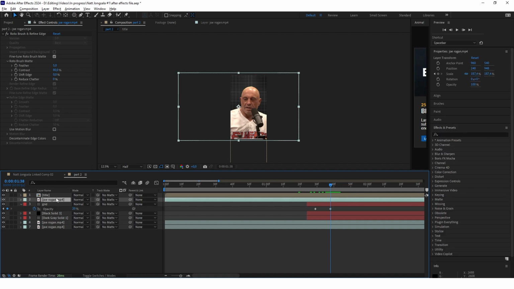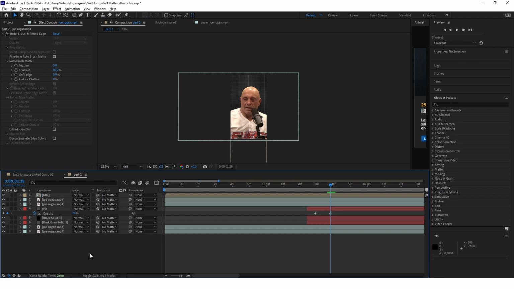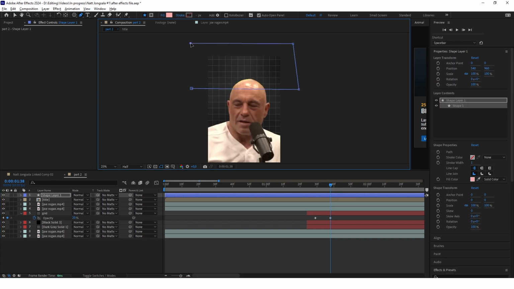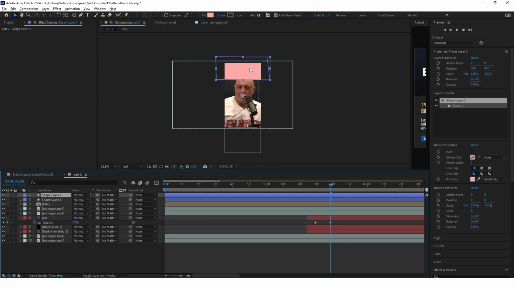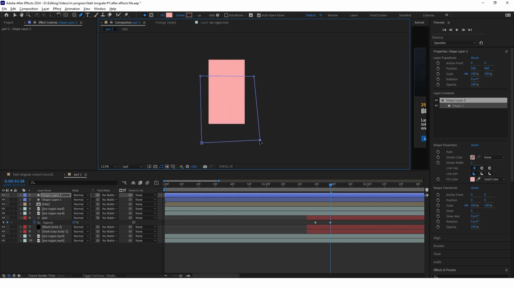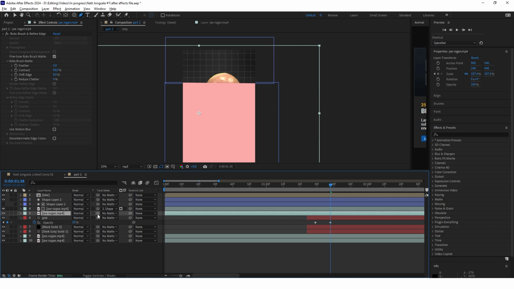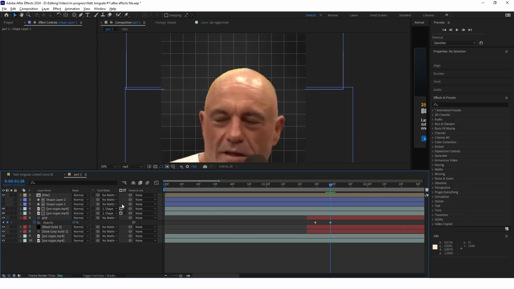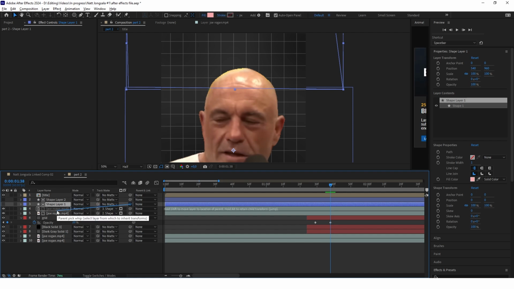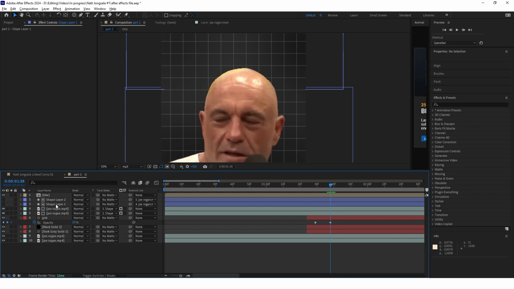So in order to do that, copy this top Joe Rogan layer, and now deselect everything and create a mask like that in the place where you want the head to be cut. And now duplicate this shape layer and basically invert it. And now set the track matte of this top clip layer to the first shape that you created, like that. And set the track matte of this second clip layer to the second shape that you created. And now parent link the first shape layer to the top clip layer, and parent link the second shape layer to this clip layer. This way these two shape layers, so these two masks, will follow the clip layers if we change the position of them.